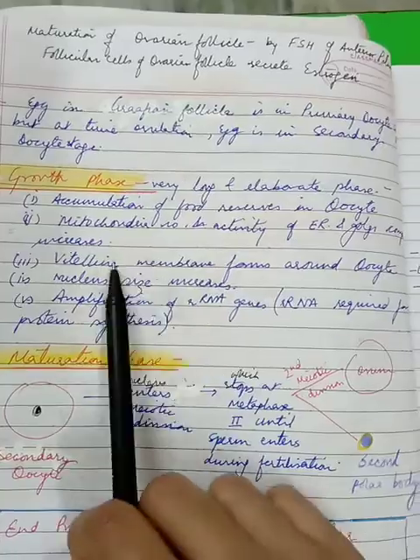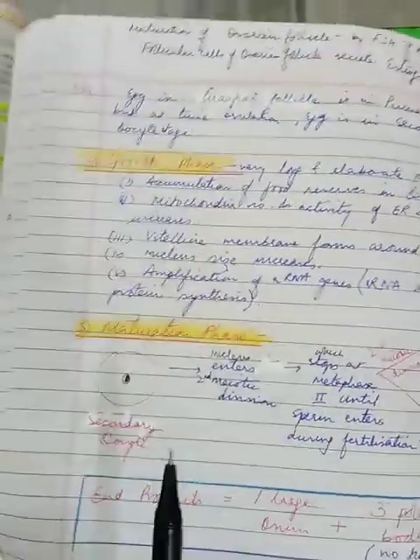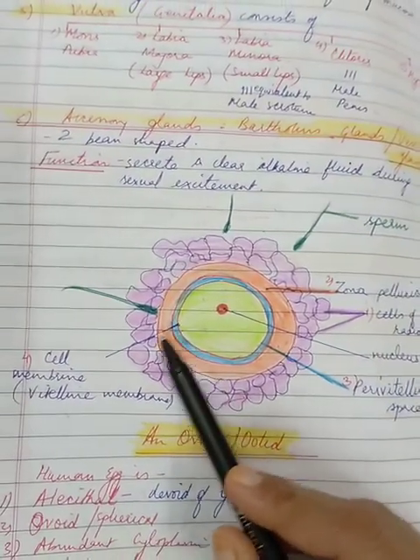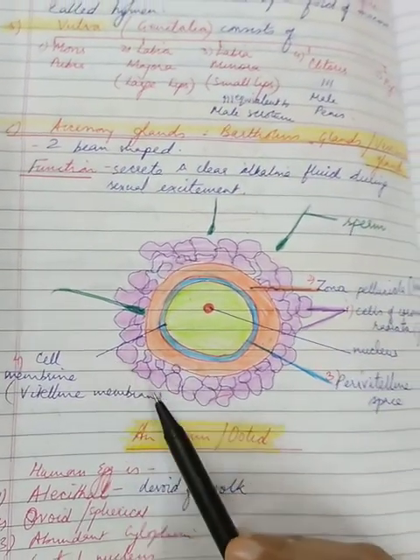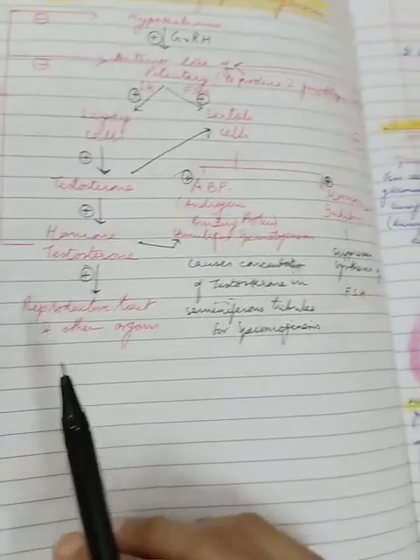Then vitelline membrane forms around the oocyte. What is vitelline membrane, children? While discussing the egg, I had explained to you that the cell membrane is also called the vitelline membrane. So this forms around the oocyte. Then